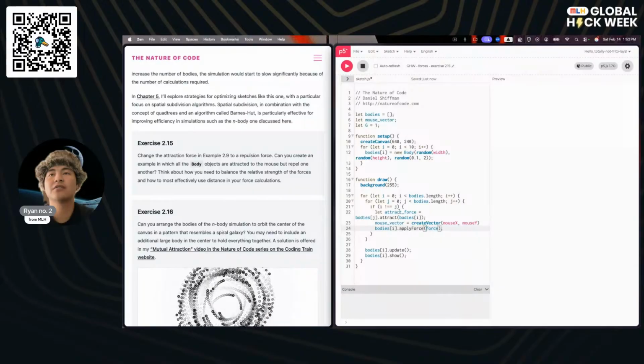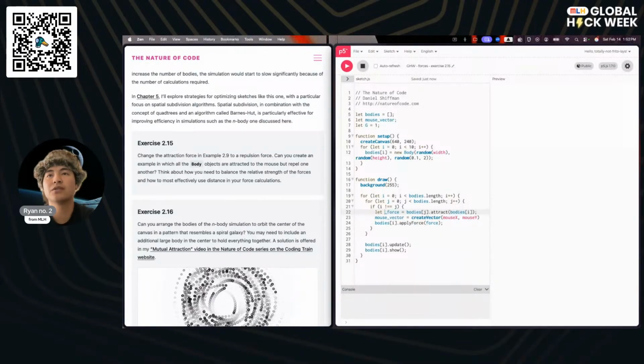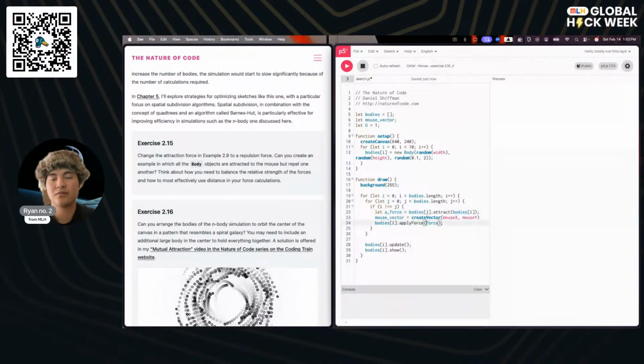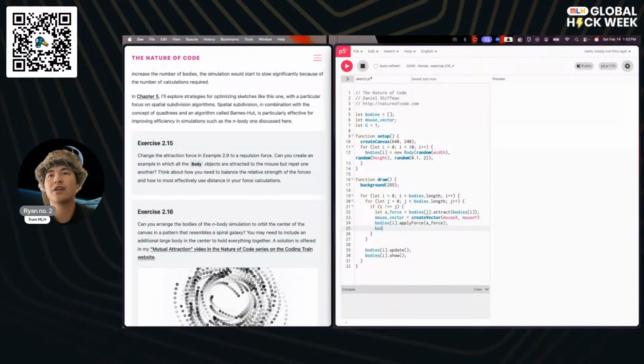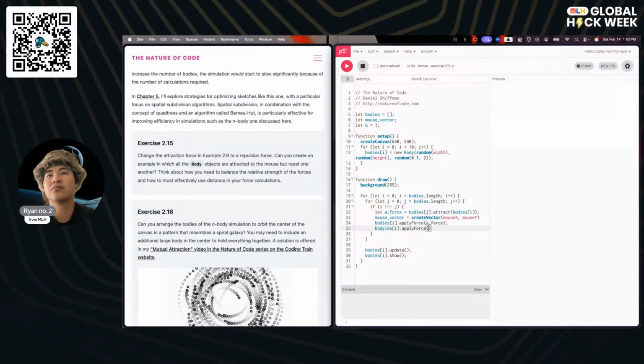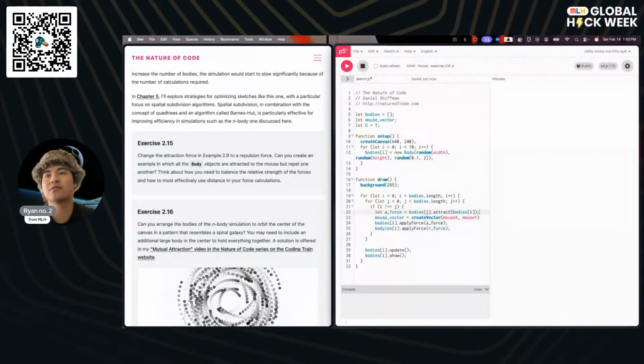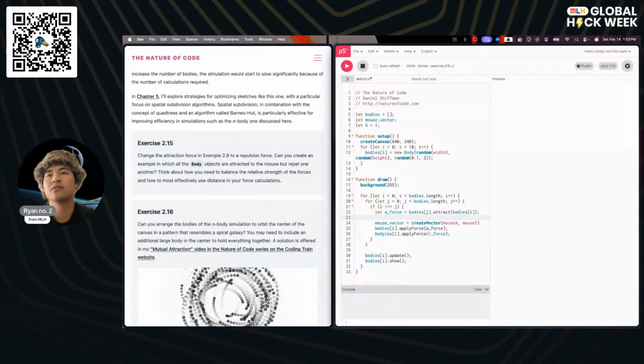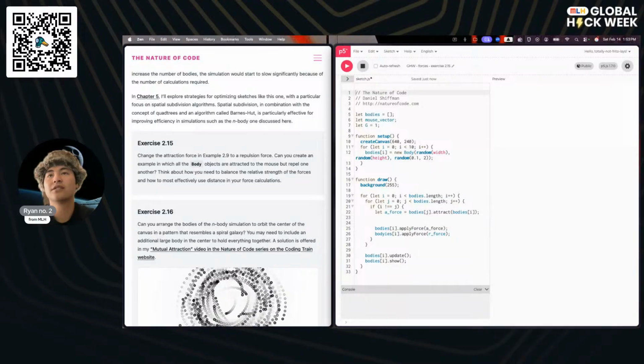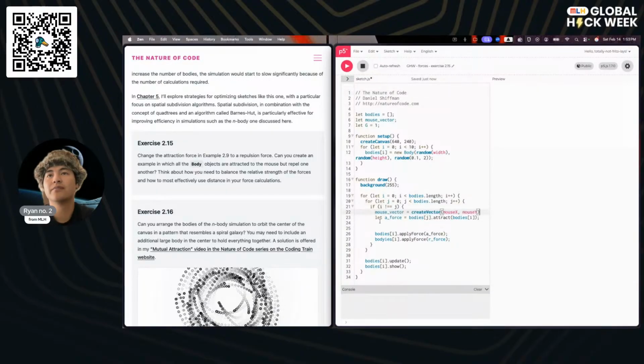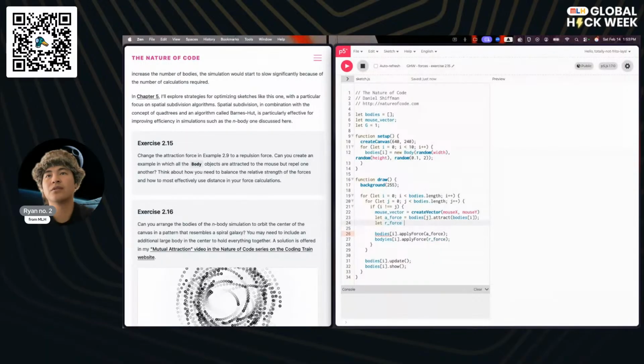We're going to have an attraction force, so I'm just going to call that A force. And then we're going to have a repel force. And then let's actually move this back over here. That's our force.